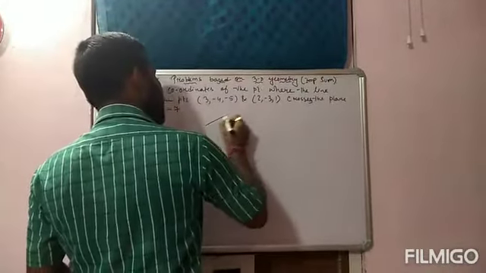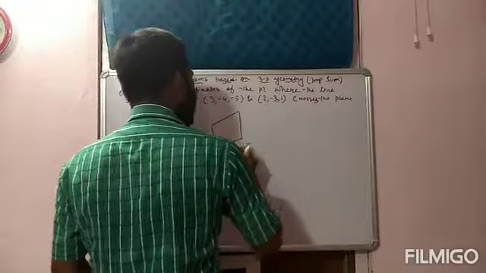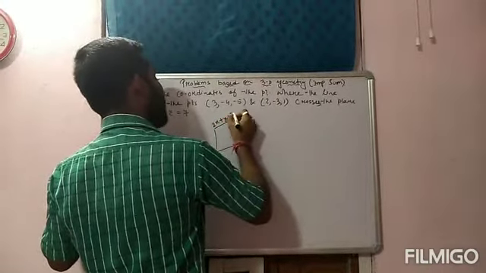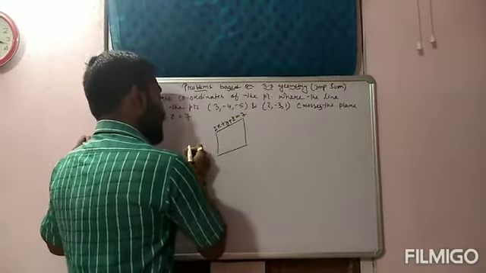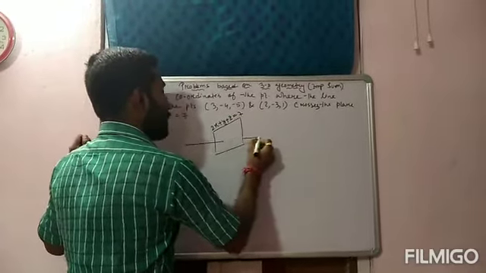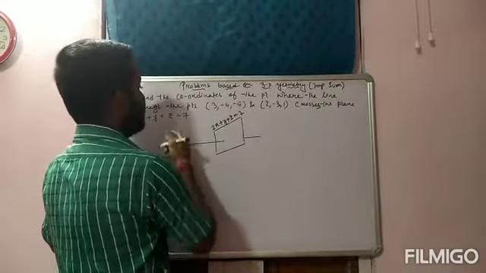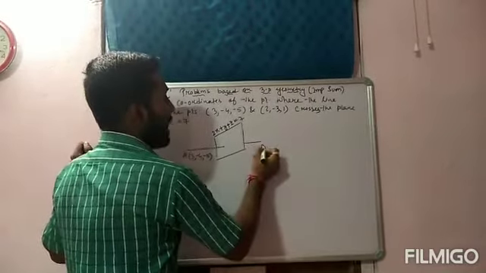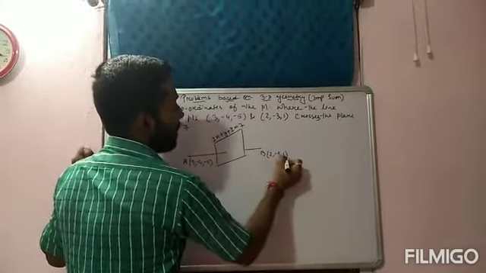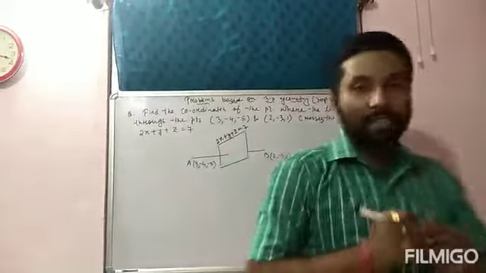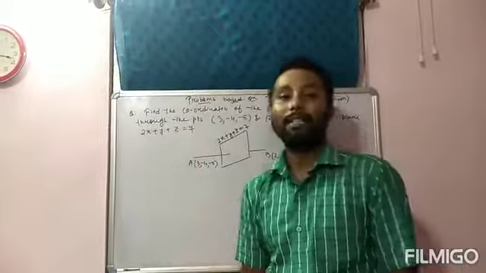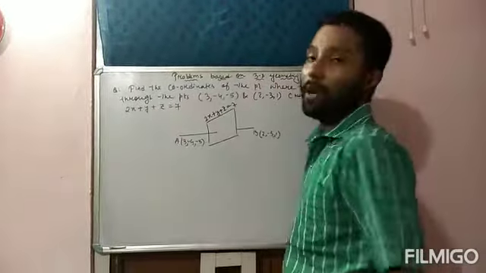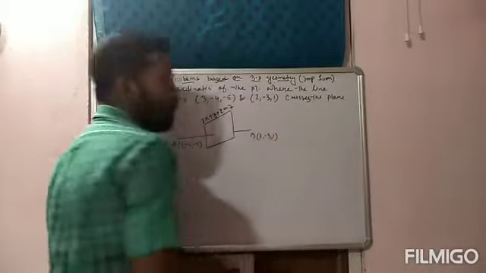Okay, so here also one plane is given. Let the equation of the plane be 2x + y + z = 7, and the line which crosses this plane is passing through 3, -4, -5 and 2, -3, 1. The question is almost the same. In the last question the YZ plane was mentioned and the equation was not given directly, but here the equation of the plane is given. So in the same way you have to solve.